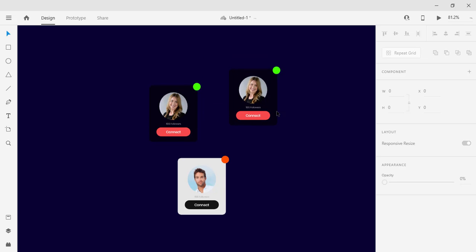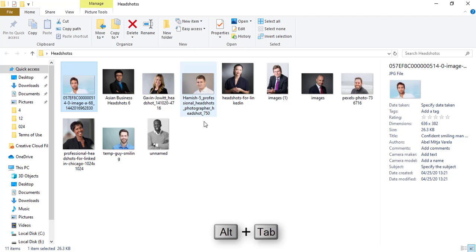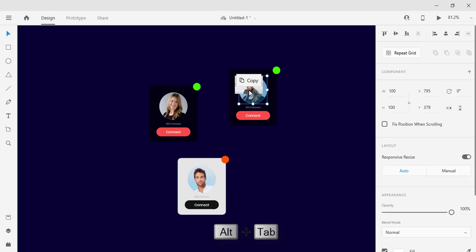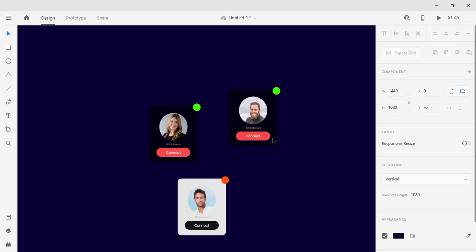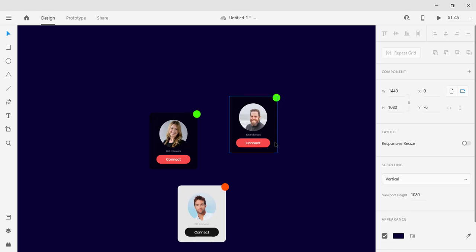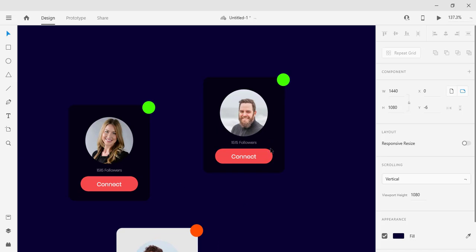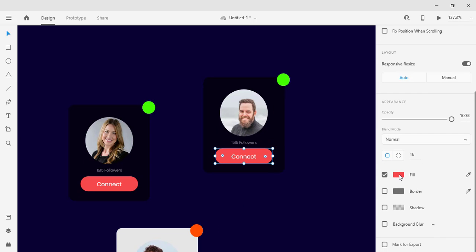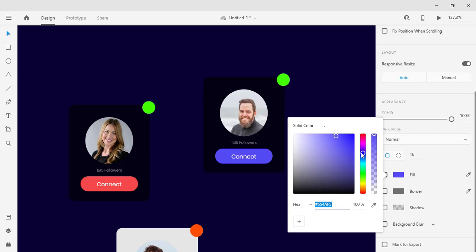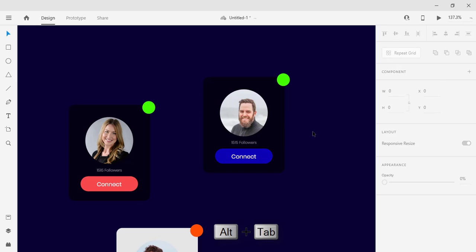Yeah. Let's change the headshot from here. Let's copy. Yeah. And we are going to create another variant of the blue color. Yeah, this is looking cool.